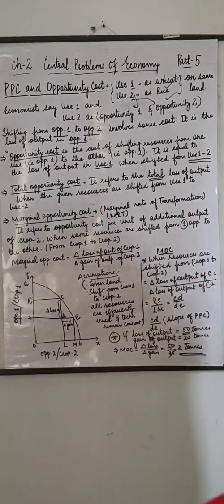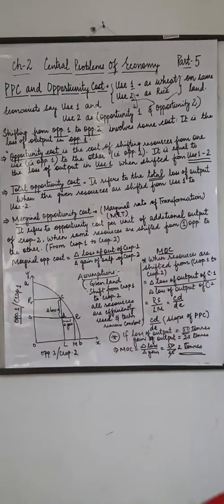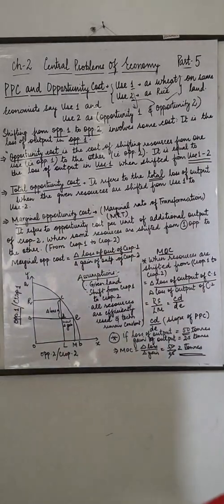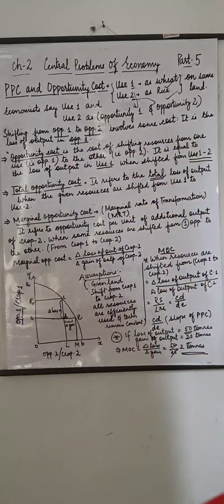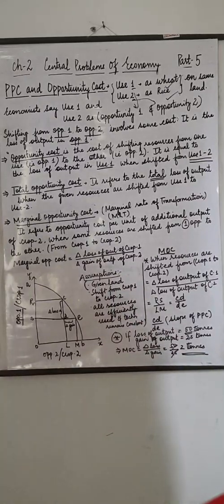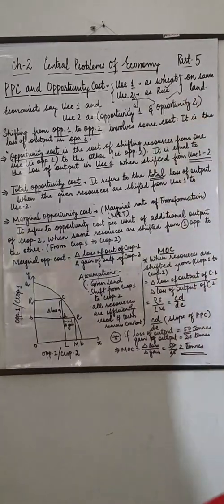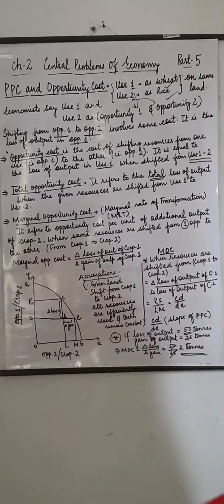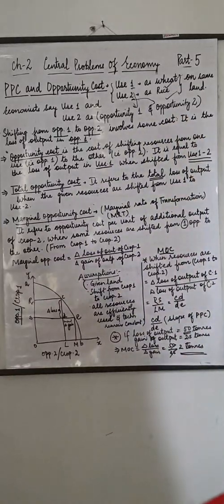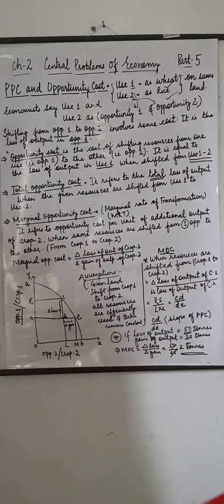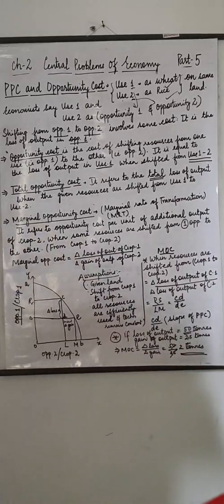So the minimum costing is what? It is the loss of output in opportunity 1. It is the loss of output, as we were getting the profit from what we were doing. The whole of the wheat I was growing, so the whole of the money I was getting out of it. My costing I had taken out. But now I am moving on to opportunity 2. For that I have to involve some money to shift from one to another. That costing is known as the loss of the output, and that is of opportunity 1.